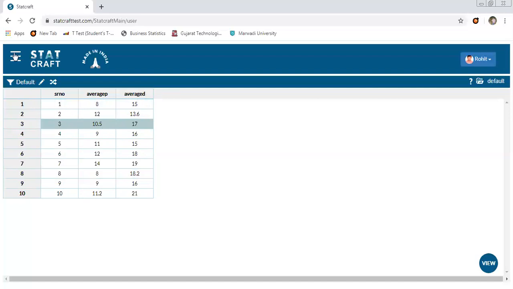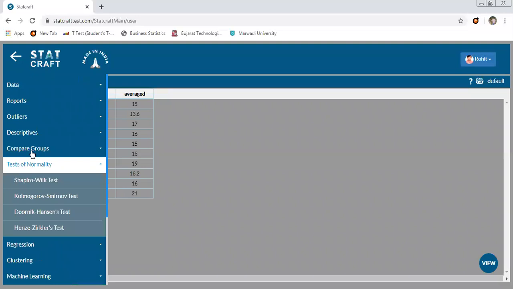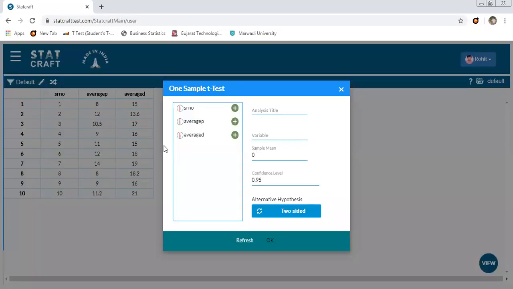So now we will do the t-test. Many tests are available here. I choose the one sample t-test, adding the variable petrol.